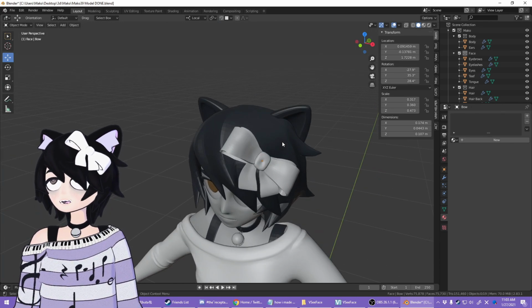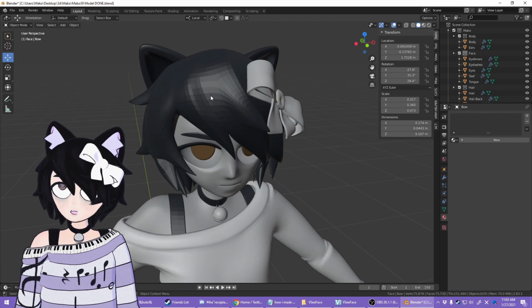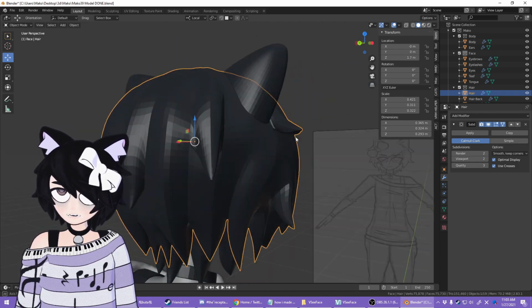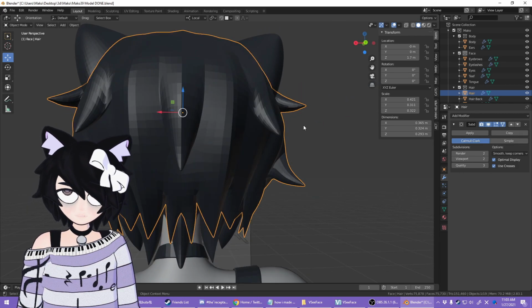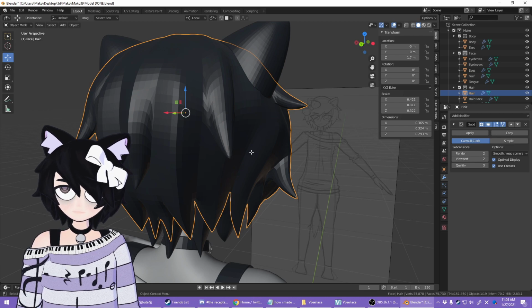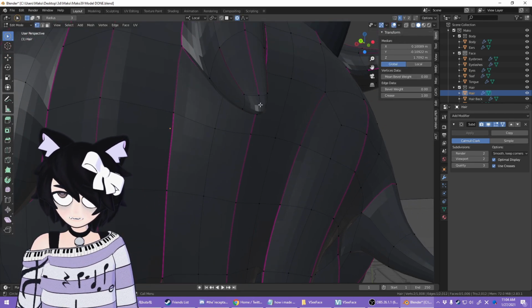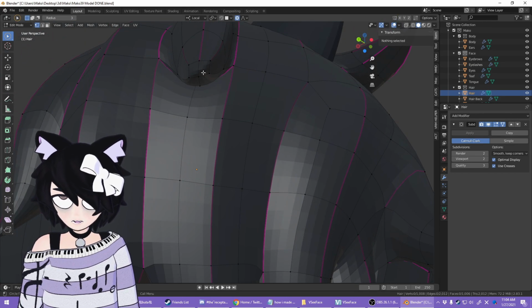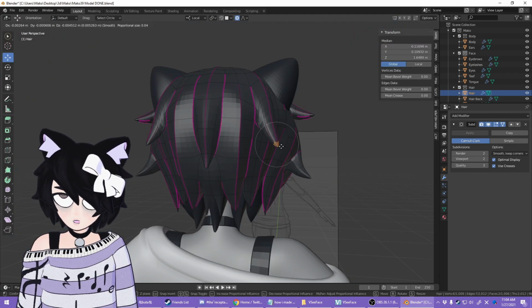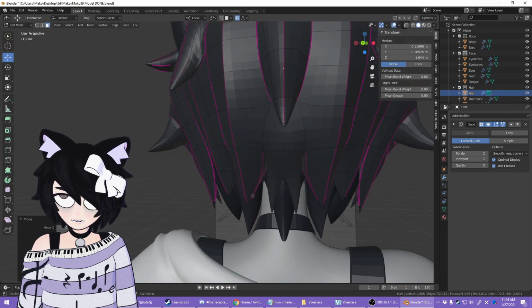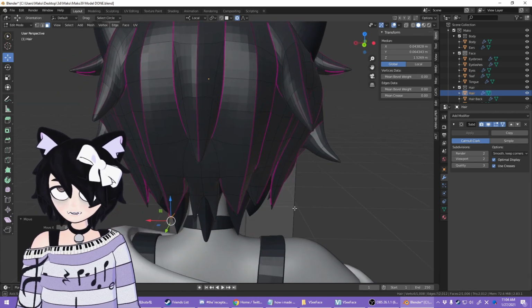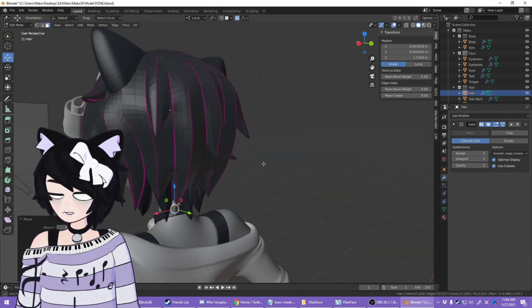I talked about using a mirror modifier for most of my hair, but once I was done with it and I had it applied, and I connected all this stuff, this was perfectly symmetrical. Then I went in and I just changed these things around a little bit, turning symmetry off, of course. I just moved these around just a tiny bit here and there, to make it less perfectly symmetrical so that it would look a little bit more natural.